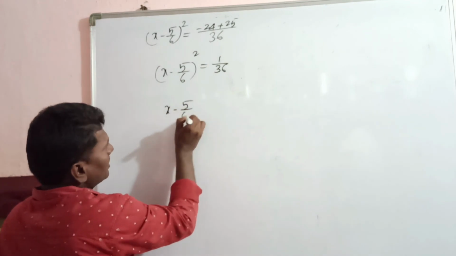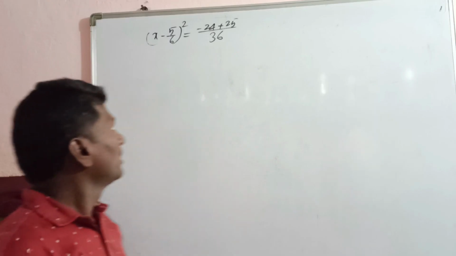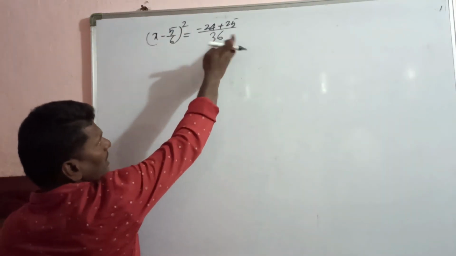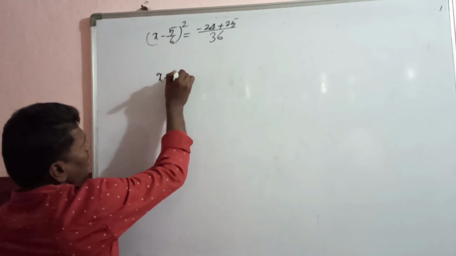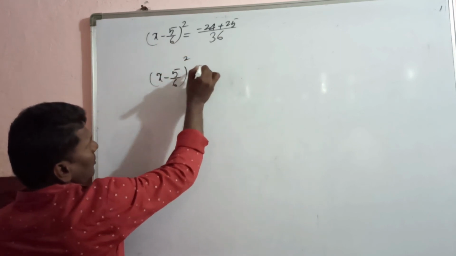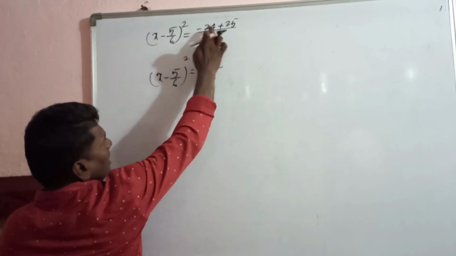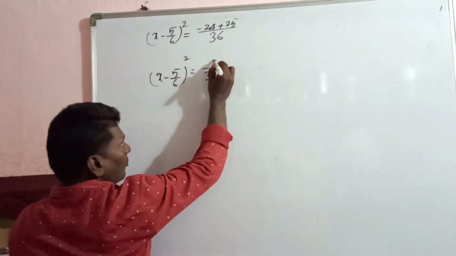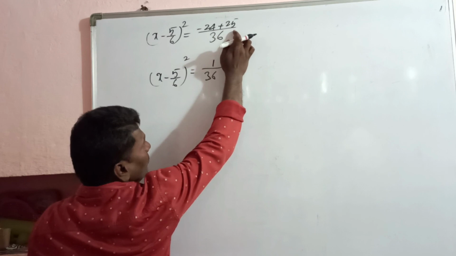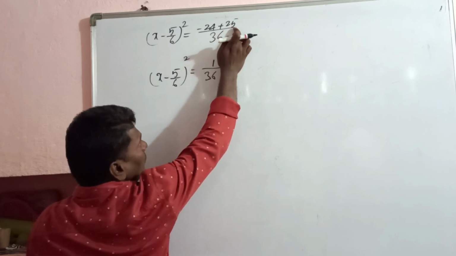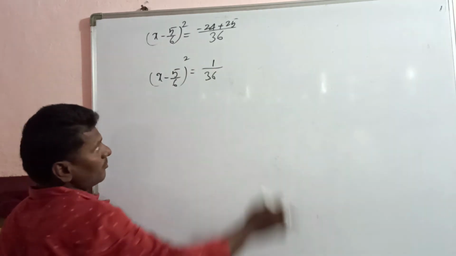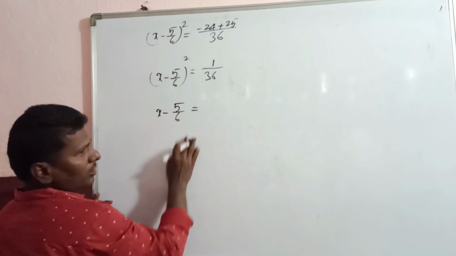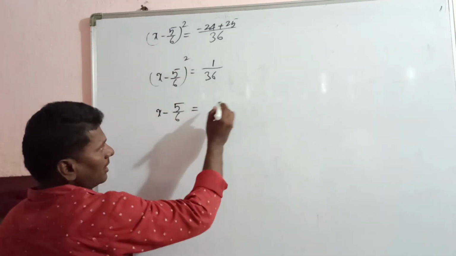(x minus 5 by 6) whole square is equal to minus 24 plus 25 by 36, which is 1 by 36. Here one minus and one plus are present, so we have to subtract: 25 minus 24 is 1. 25 is larger than 24, so before 25 we have the plus symbol, so I have taken the plus symbol. Now x minus 5 by 6 is equal to, sending the square to that side, it will become